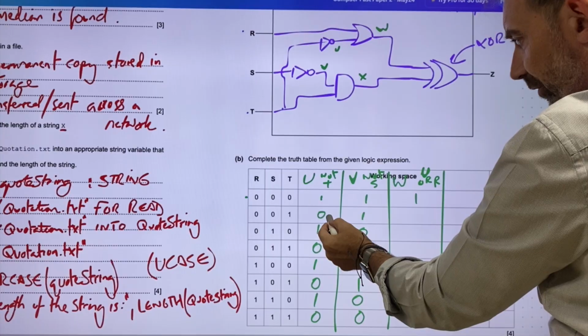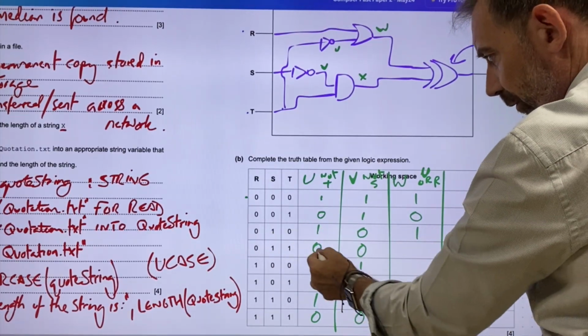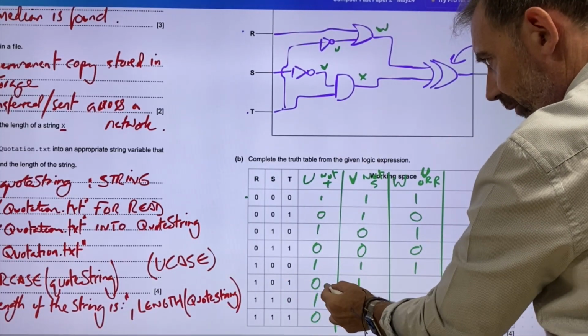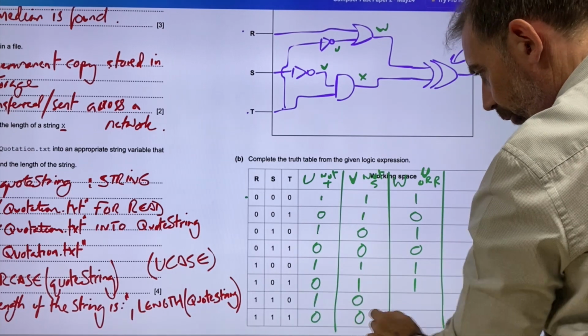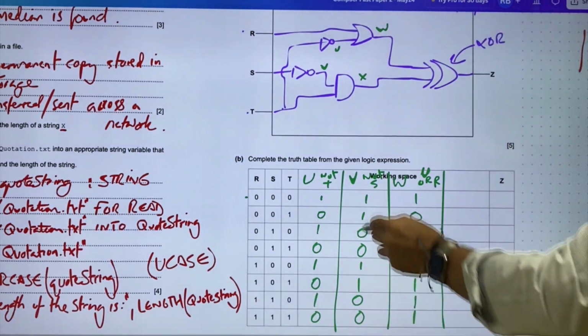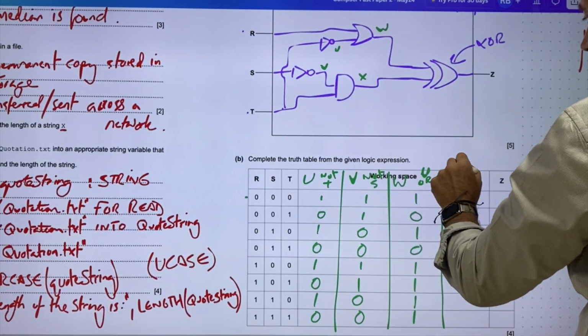0 and 0, no. 0 and 1, yes. 0 and 0, no. 1 and 1, yes. 1 and 0, yes. 1 and 1, yes. 1 and 0, yes. Okay, and then finally X, which would be V